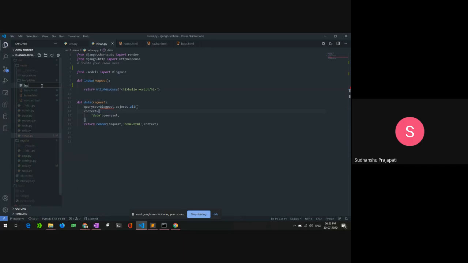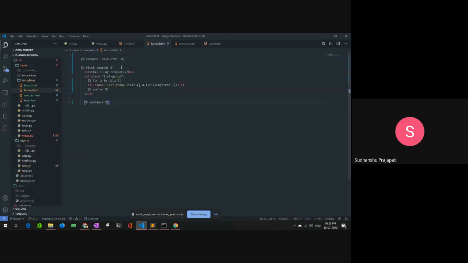You can name it anything, I will just name it test.html. Inside the test.html, just copy this code, that is this and this, and we need to close the block content, that is endblock, and save it.